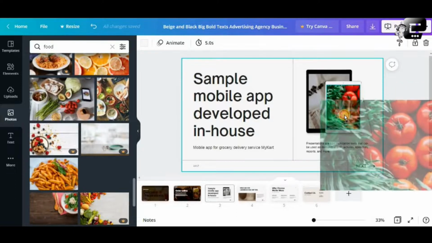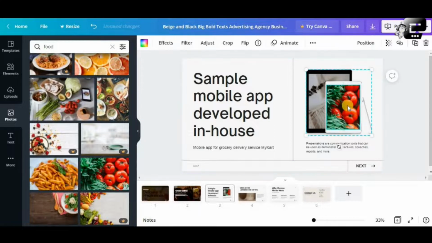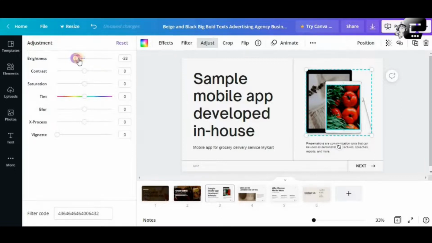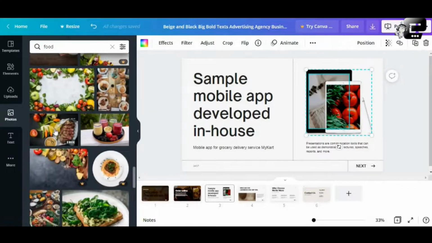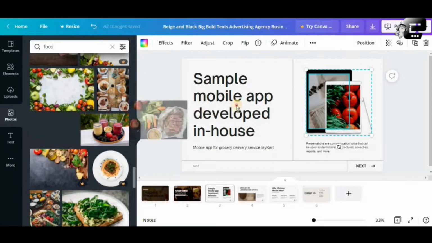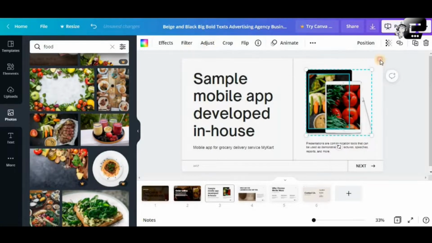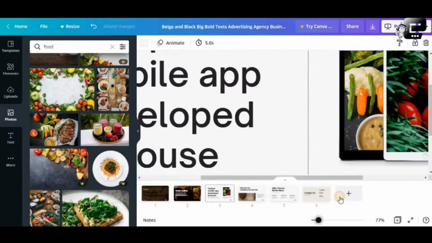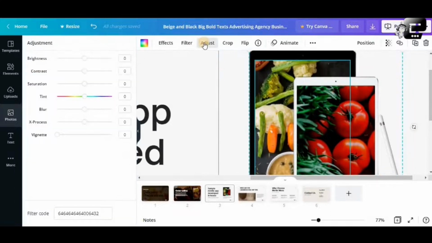Hold and drag. Once you see that appears within the gadget inside, release the button and it gets placed there, of course. You can also click on that image and adjust the brightness or whatever. Okay. And for the second image on this gadget here, choose another food image. Let's choose this one, drag, and once you see it's in there, release, and if you enlarge that portion of the canvas you're working on, you can click on the image here and you can adjust